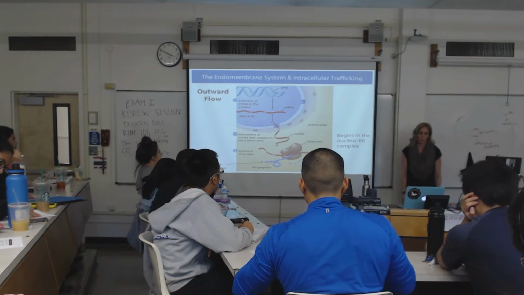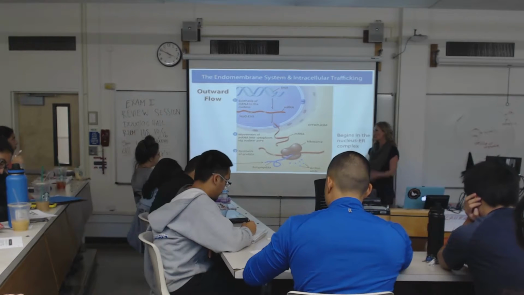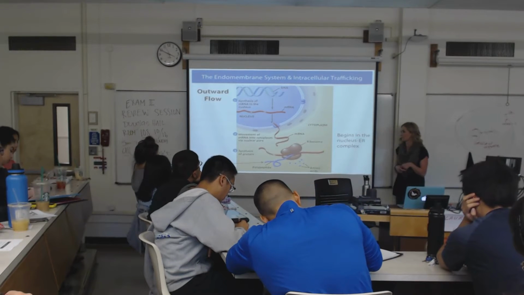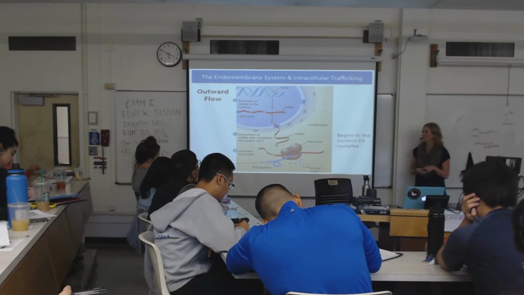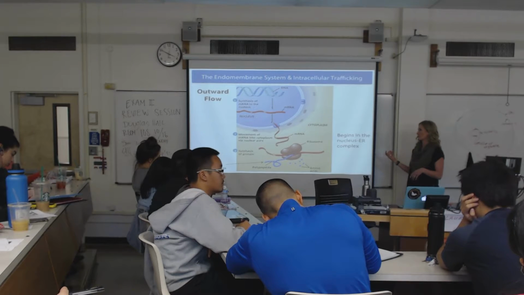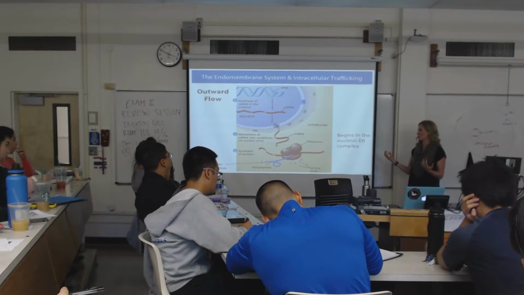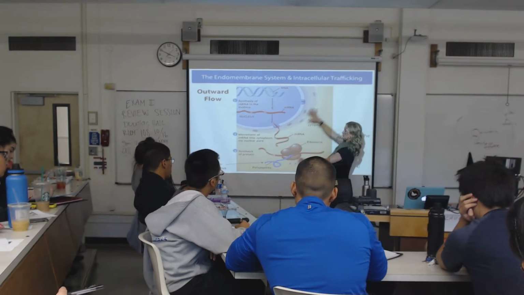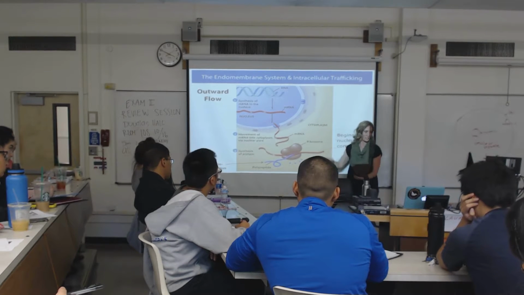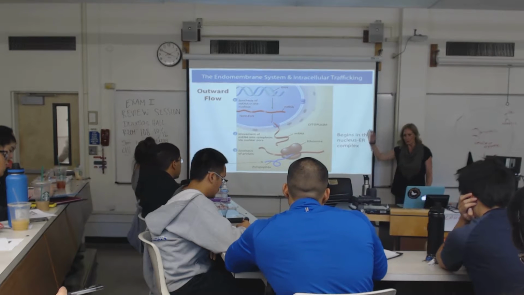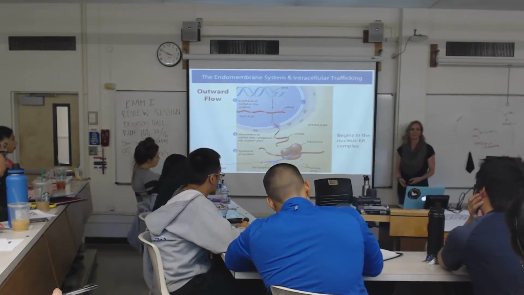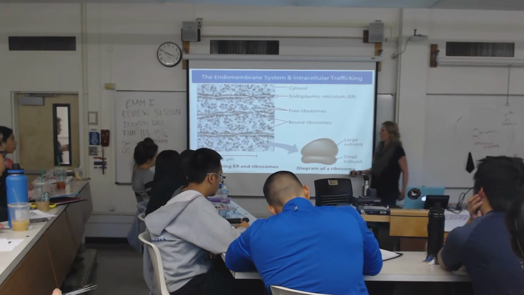So let's start with outward flow, right? And again, it starts in the nucleus ER complex. We have our newly synthesized polypeptide. Graphic illustrators always strip down images like crazy. What's missing from this image? What structure that should be here is not here? ER, yeah. So ER is all over the place in a cell, and some cells have more ER membranes than others. But here's an actual